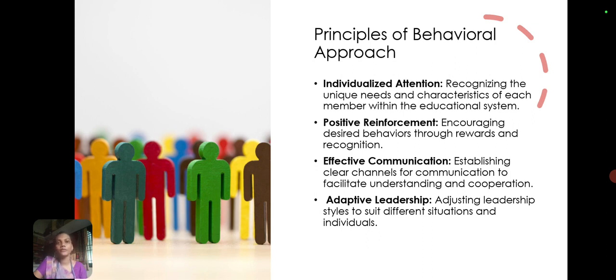And positive reinforcement is like motivation. We have to give rewards after they have done a great job in their work, or give them motivation to encourage them to study more efficiently in the future. For effective communication, it's very important to have effective communication between students and teachers, or between the stakeholders, or between every channel. Only if there is proper communication among all the people who work together in the group, the goals they have can be achieved positively and easily.